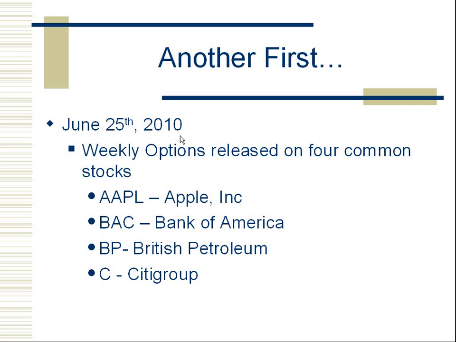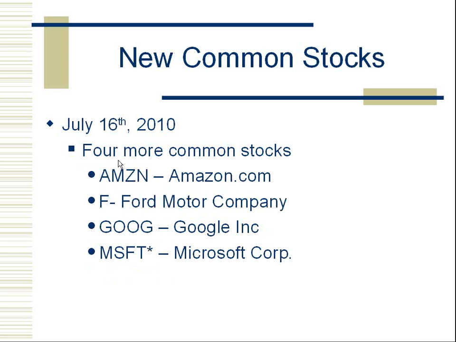Now, on June 25th, 2010, if you were following the blog on Power Options, this is when the weekly options were released on 4 common stocks. So now, in addition to having the standard expiration on stocks such as Apple, Bank of America, British Petroleum, and Citigroup, we can now trade weekly options against them as well. This opens up a lot of doors for other management techniques and other possible strategies that you could use on the standard stocks. On July 16th, about a month later, 4 more common stocks were added